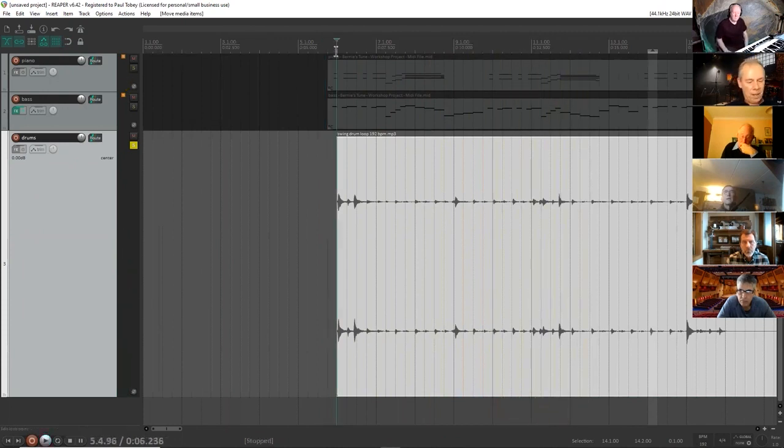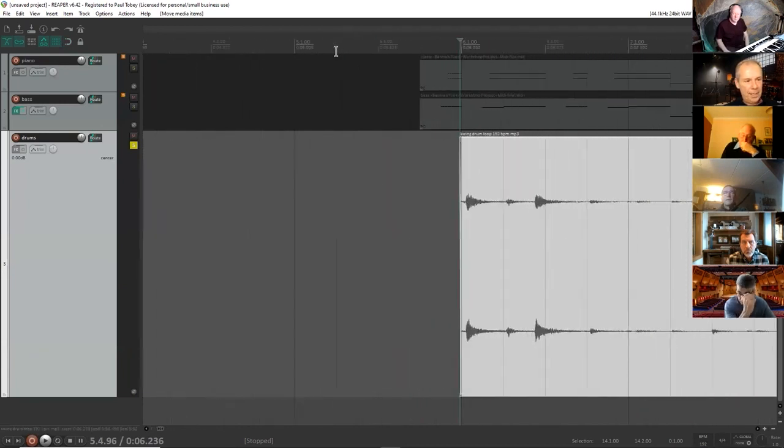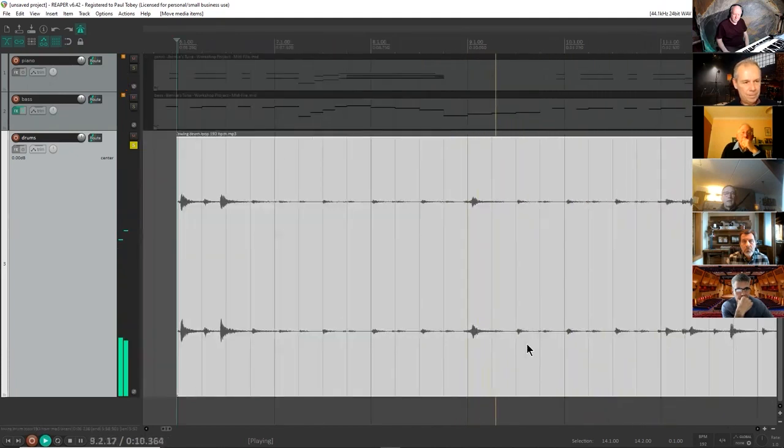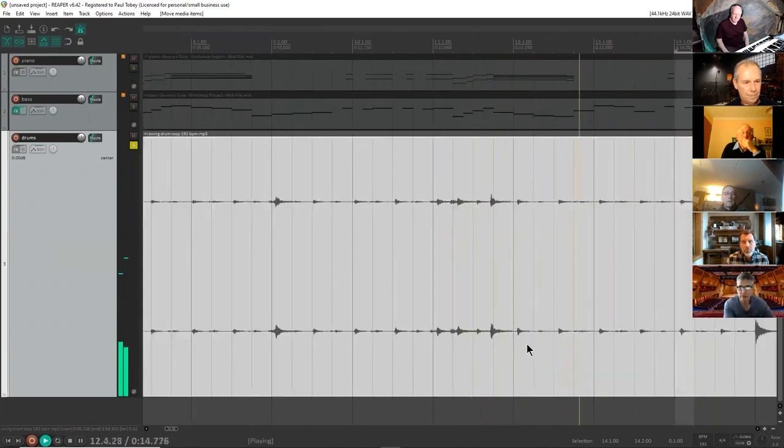Now, one way to tell if it's actually lined up properly is to play it with the click track. So up here in the left-hand corner, there's a click track metronome. So basically, if you click that on, and then you play the track with the metronome, okay, so here's what I can tell right away